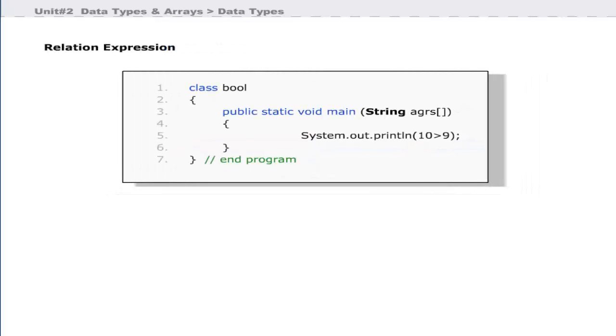Now let us see another program that uses a relational expression and returns a Boolean value. At line 5, a relational expression is given as an argument to print method. Since the number 10 is greater than 9 and this relational expression returns true Boolean value, this program will print true. It is important to note that only Boolean values true and false are sufficient to control if, while, and